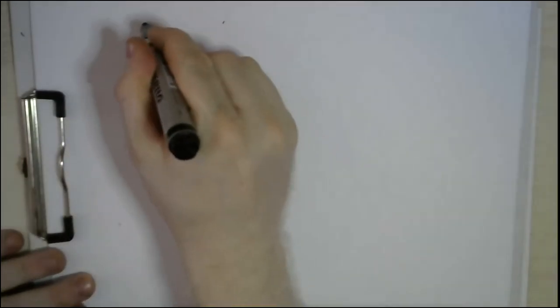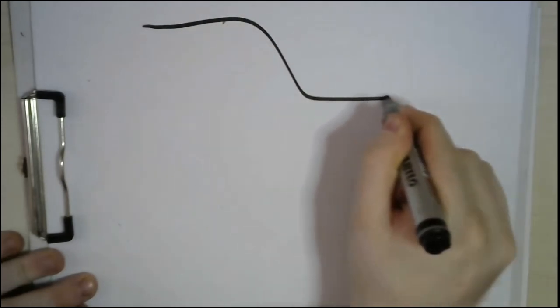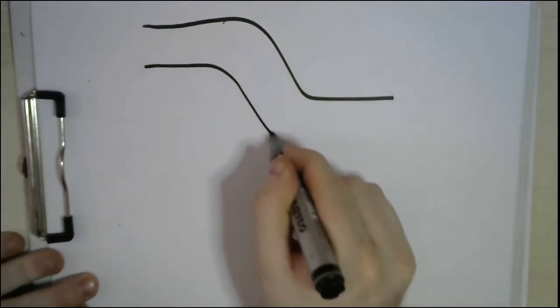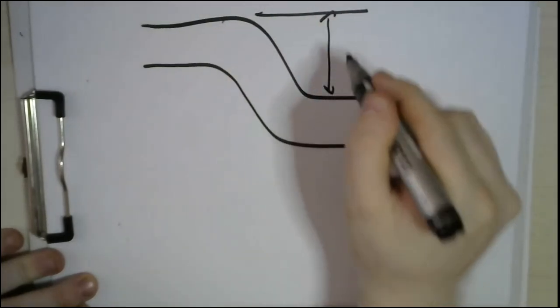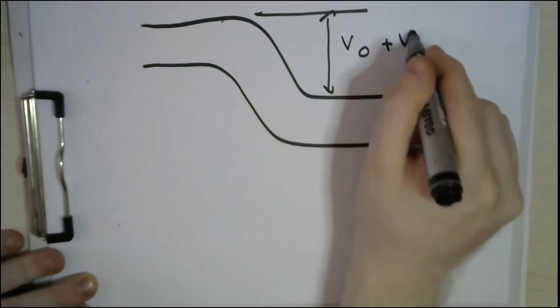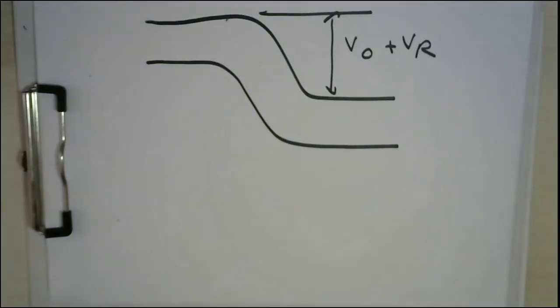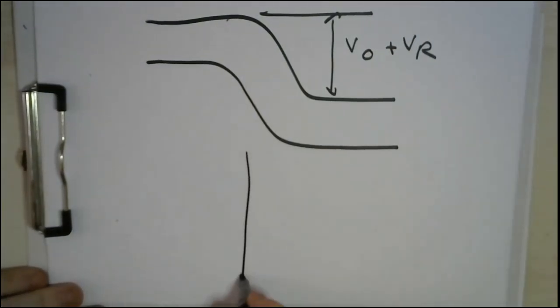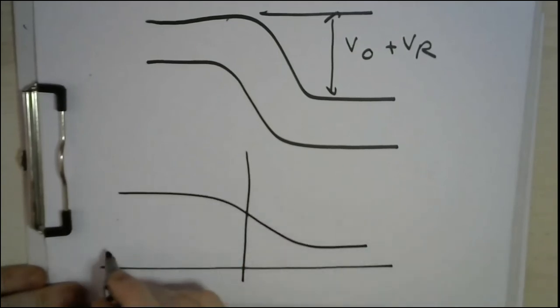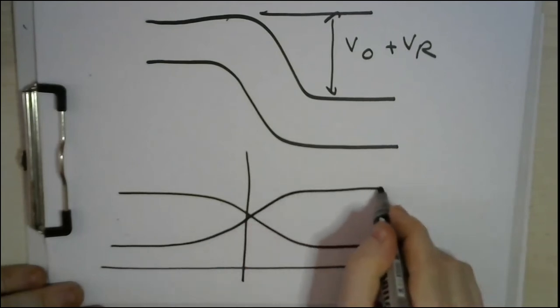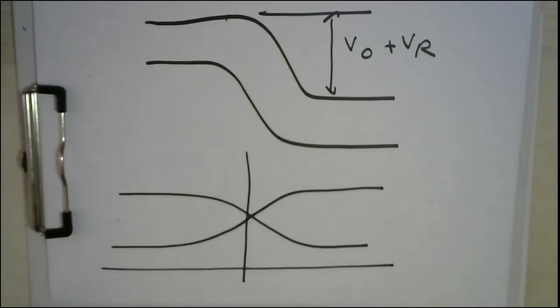So whenever you have a reverse bias, you should expect that your barrier will increase. So this barrier now is equal to V0 plus VR. Again, let's start with this default curve for electrons and holes. Now,